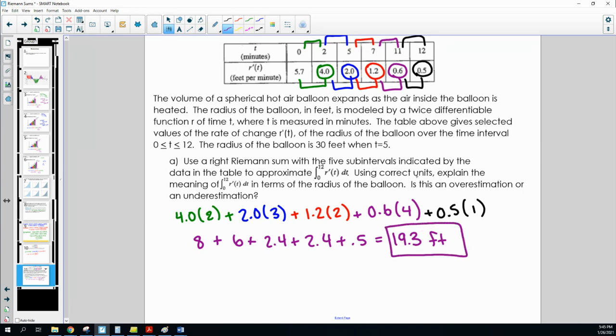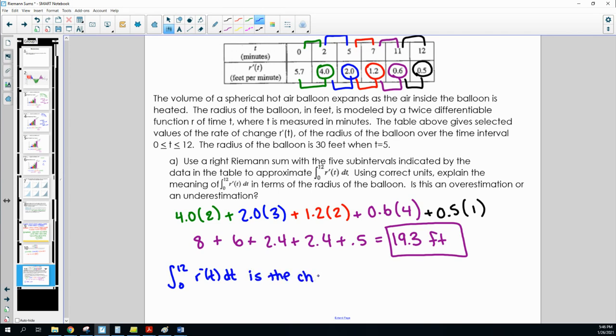So it says, using correct units, explain the meaning of the integral from 0 to 12 of r prime of t dt in terms of the radius of the balloon. So what this means, this 19.3 that we found, which is the approximation of this, is that it is the change in the radius. So I'm just going to put this here: from 0 to 12, r prime of t dt